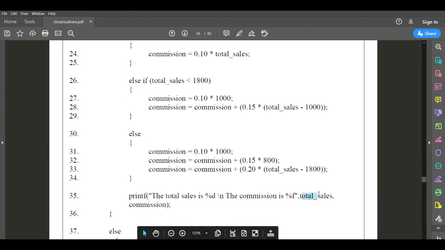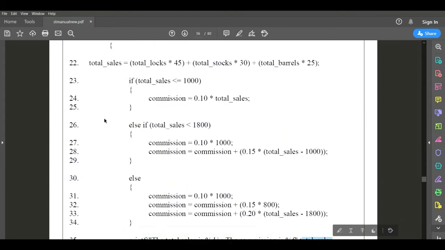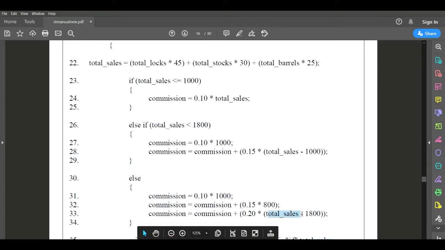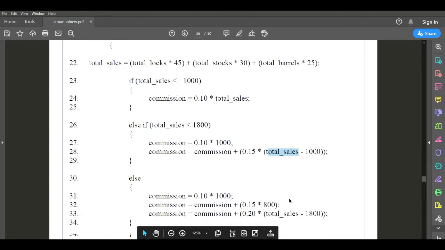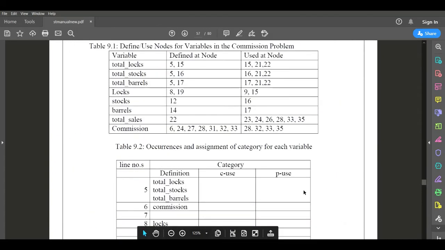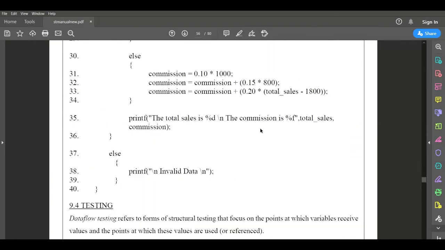Display is also one of the usage nodes. So 23, then 26, and then for total sale we are also using 28, and then 33, and then 35. So these are all the nodes where we are using the total sale value. Total sale is declared in line number 22, but we are using it in line numbers 23, 24, 26, 28, 33, and lastly 35 in the printf statement.